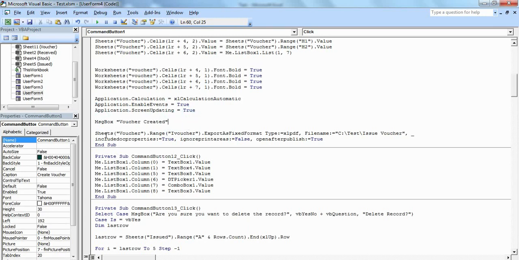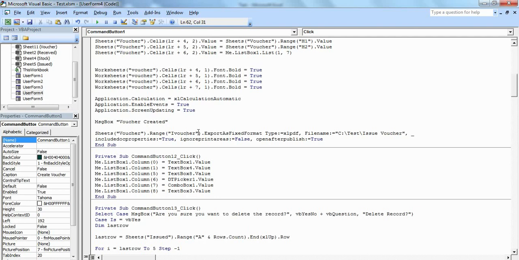For that I have typed sheet voucher dot range iVoucher, which is our dynamic range which we created and I explained in the beginning. If you want to learn how to create this dynamic range, you can watch our first video. It will help us export to the PDF file only the data which is entered in the voucher.